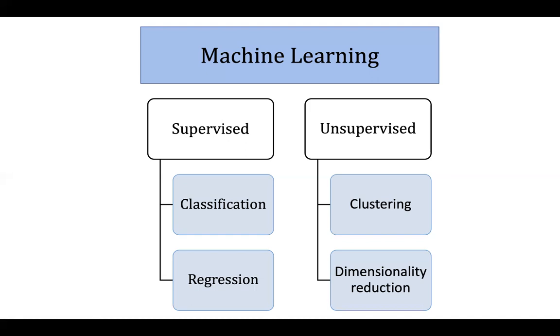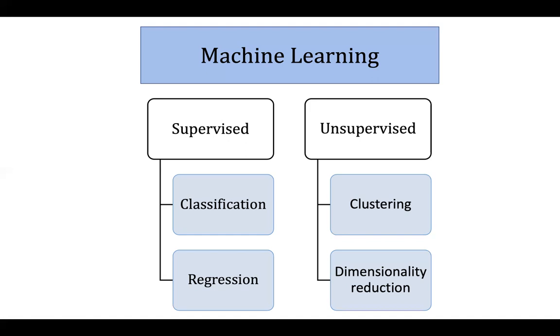Those who have been on our other course, machine learning with Python, also know that there are unsupervised machine learning methods, for example, clustering and dimensionality reduction. For clustering, we have a data set without any labels, and we want to find some groups or subgroups within the data set, which are going to be divided or grouped based on some notion of similarity between the data points. And dimensionality reduction is happening when we have data with high dimensionality, and we want to